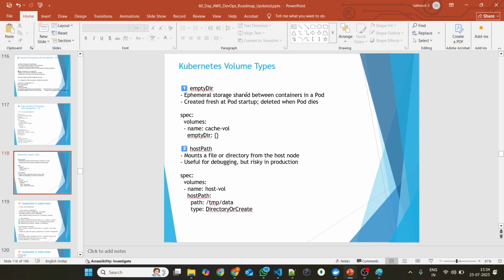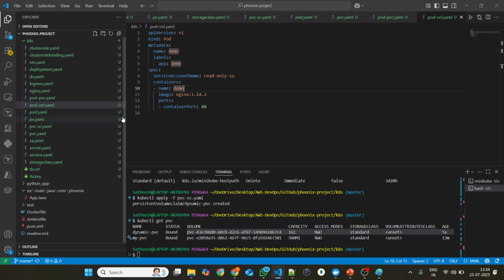Now, we have seen PV, PVCs, and then the storage class, right? Similar to that, if you don't want to create these things like PV or PVC, but you want to,